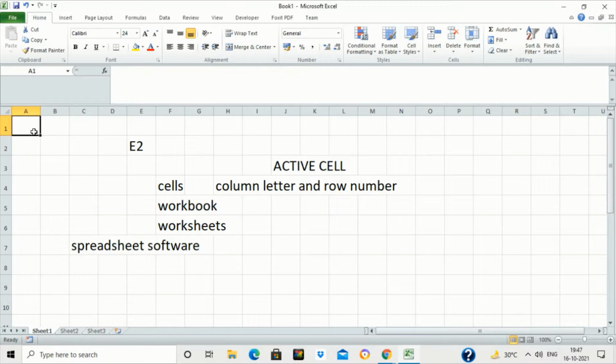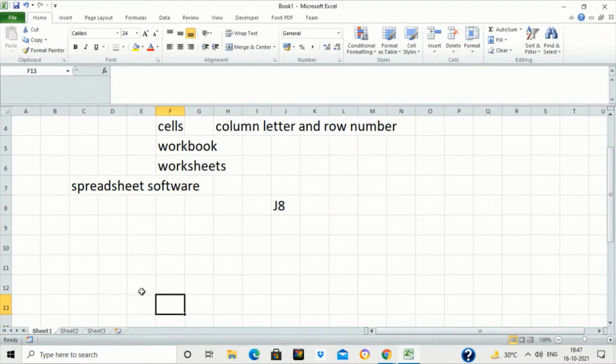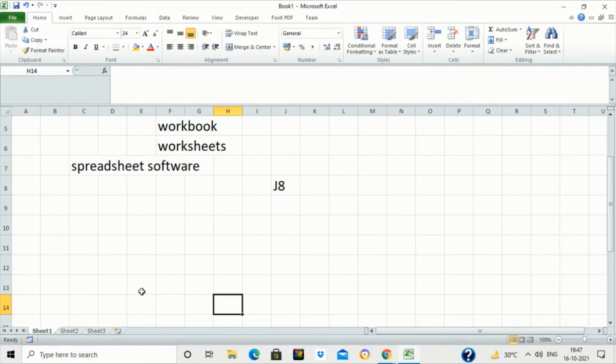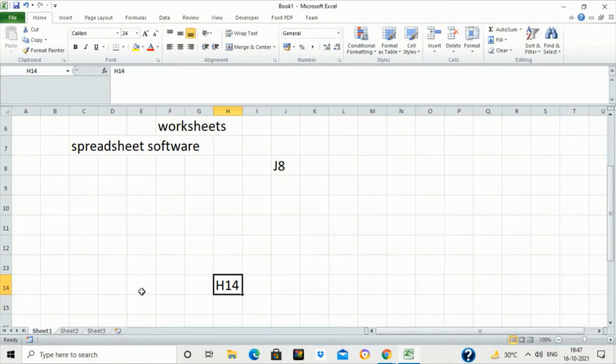If I talk about this cell, the address of this cell is A1, because A is the column and it is in the first row. If I click on this cell, the address is J8, because it is in column J and row number 8. Similarly, if I go down to this cell, the address is H14, because it is in column H and row 14.